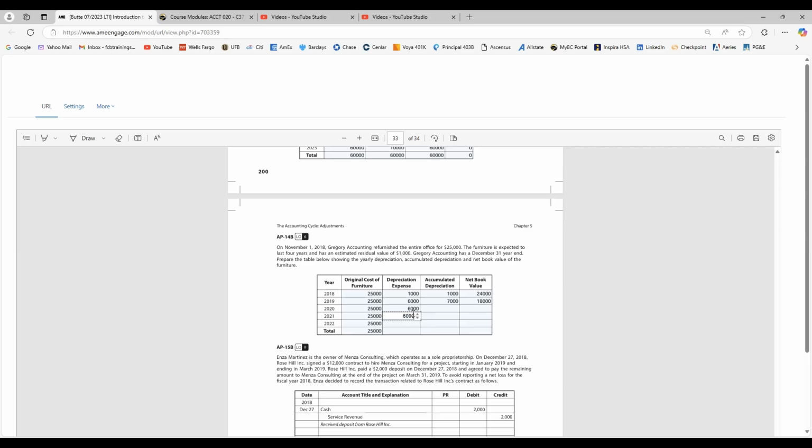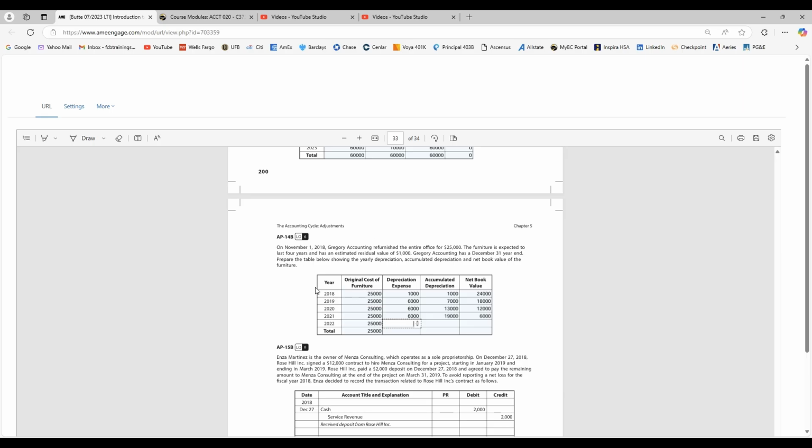So then going forward, I want to be careful on that last year. Then we're just adding 7,000 plus 6,000, and then 13,000 plus 6,000 gets us 19,000. Cost minus accumulated gets us 12,000. 6,000 for 2021. And then in 2022,